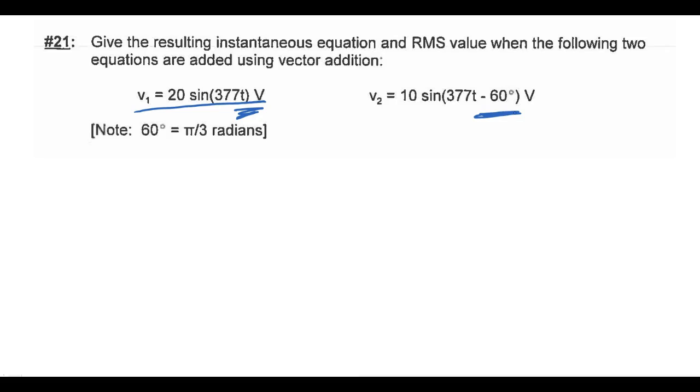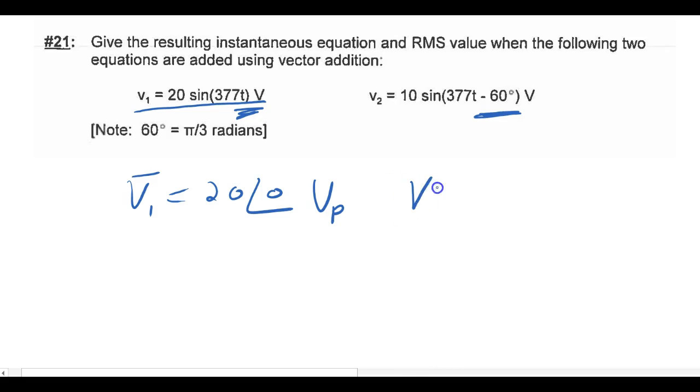And so we can write V1 as a phasor as 20 angle 0 volts peak. Remember, when it's not RMS, we should specify volts peak, because 20 is definitely the amplitude there. And so we can say that V2 is equal to 10 at an angle of negative 60 degrees, again, volts